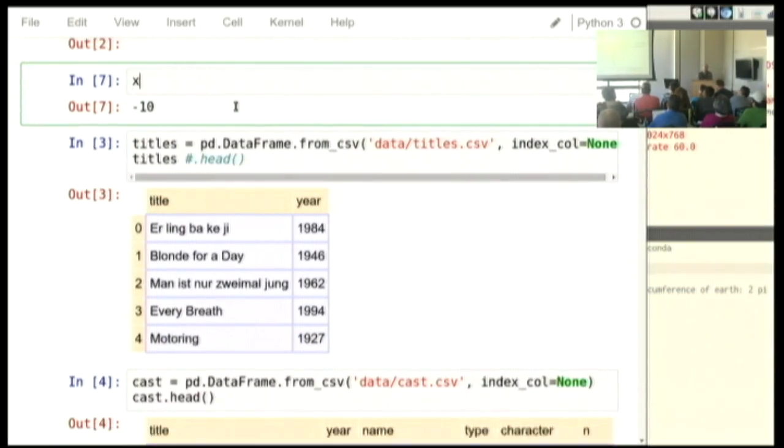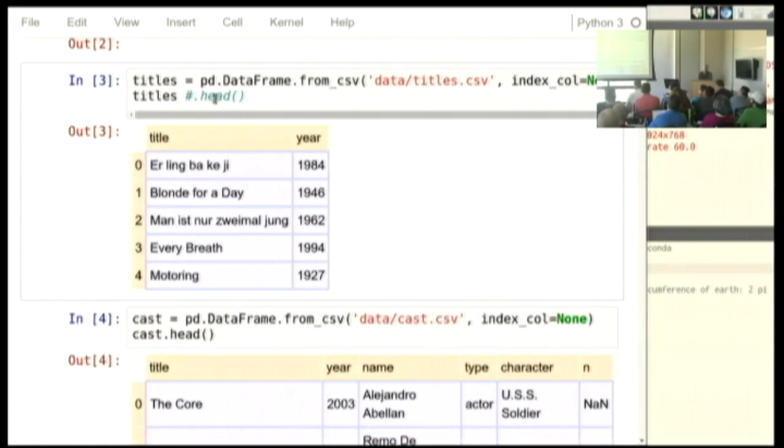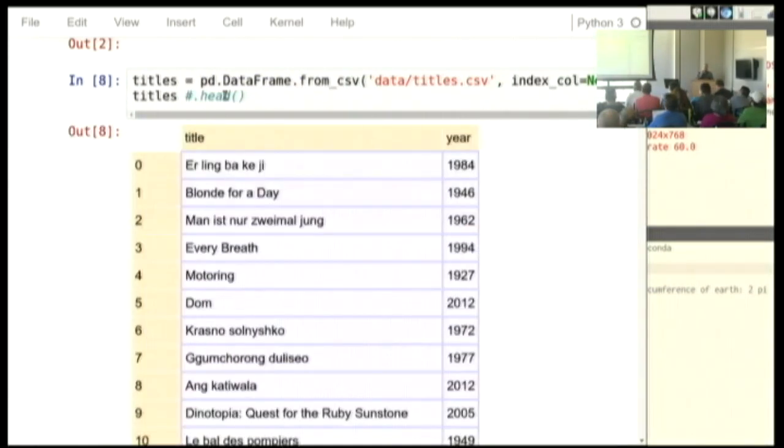So what I have done here is I have created a new data frame, and if I simply said its name, you would think that my browser would crash. You would think that hundreds of thousands of movie titles would display on my screen.